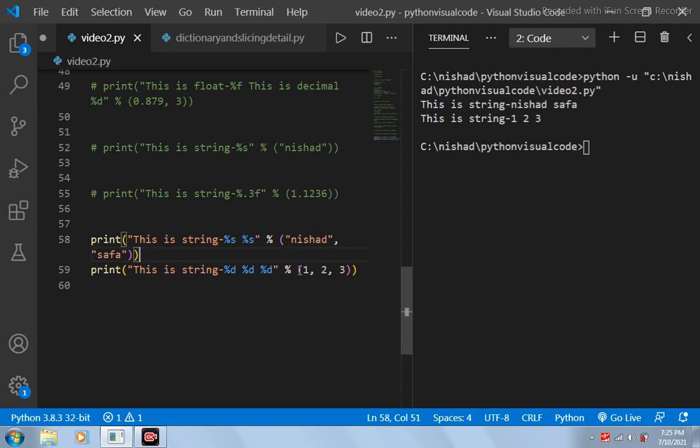And you should always remember that the number of values that you have specified over here and the format specifiers that you have specified over here, their number should match. Okay, if it doesn't match, then you will be getting an error. So here I have specified 3 values, right? So there should be 3 %d. Okay, so if I run this program, this will be the output of my program.